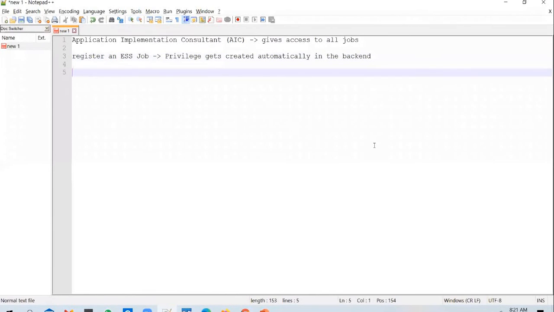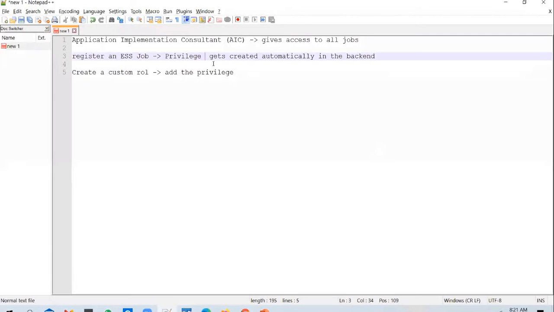And what you need to do is, you need to create a custom role, add the privilege that was created earlier, and one important point here is with the same name as the ESS job.